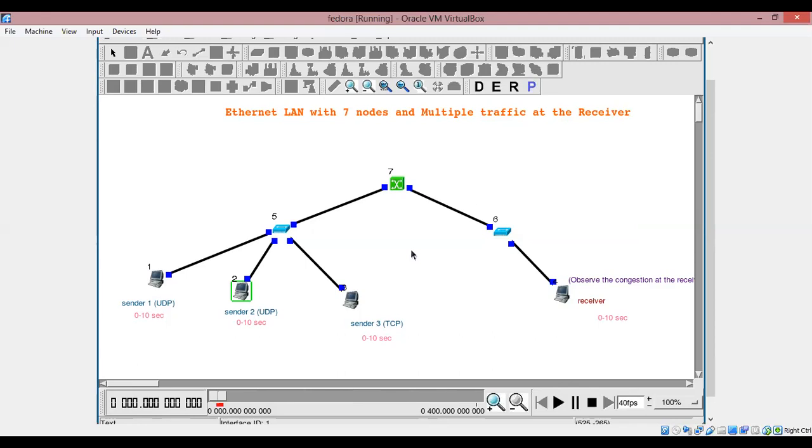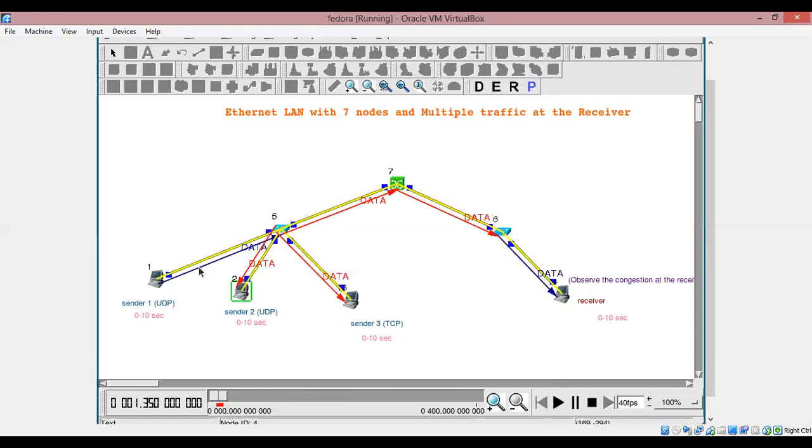Now you can see this. In the previous experiment 3 video you saw this was a little longer because the time was 0 to 30. Now it is just 0 to 10, so you can see a smaller red color here. Now we can do the play. Automatically this is in play mode.